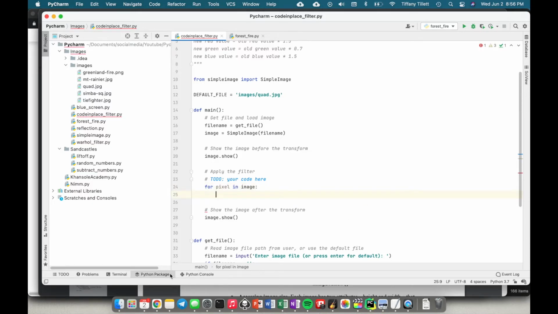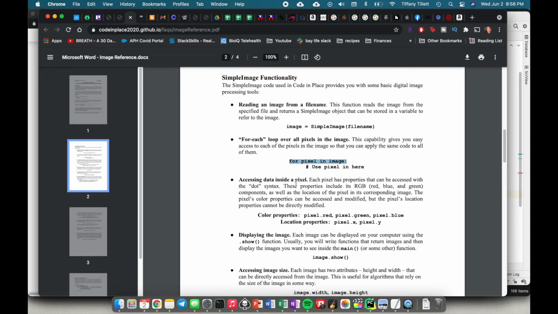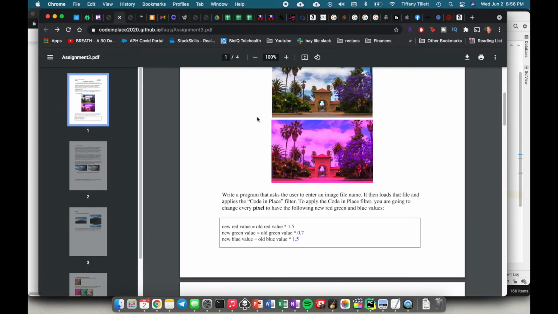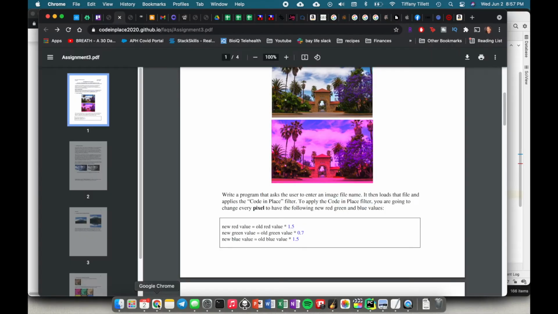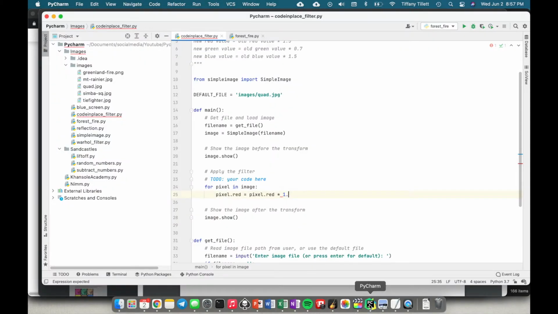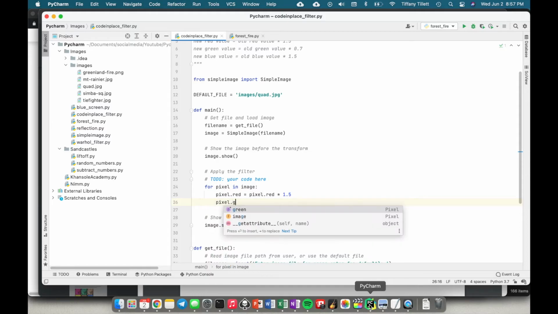And then how do I get the red, green, and blue? So it's saying my color properties are pixel.red, pixel.green, and pixel.blue. Okay, so that should be pretty easy. And what else did they say? In the assignment, they said new red value equals old red value times. Okay, so this should be easy. So all I need to do is set pixel.red equals to whatever it was before times, what did they say, 1.5. And then we have pixel.green equals